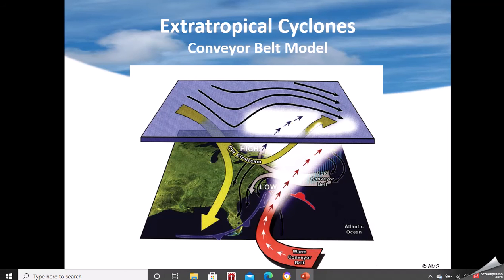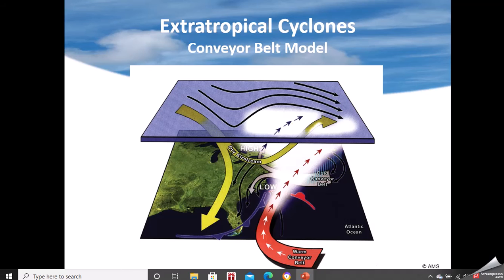Another way of looking at cyclones or extratropical cyclones is to look at conveyor belts. Well, we want warm, moist air to come up into it. So you have the warm conveyor belt coming out of the tropics typically. Sometimes if you have the low coming up in the Midwest, that warm conveyor belt might originate in the Caribbean Sea. It might originate in the Gulf of Mexico. Then you have the dry air mass coming out from the northwest, getting pulled into it. Part of it comes down, wrapping around.